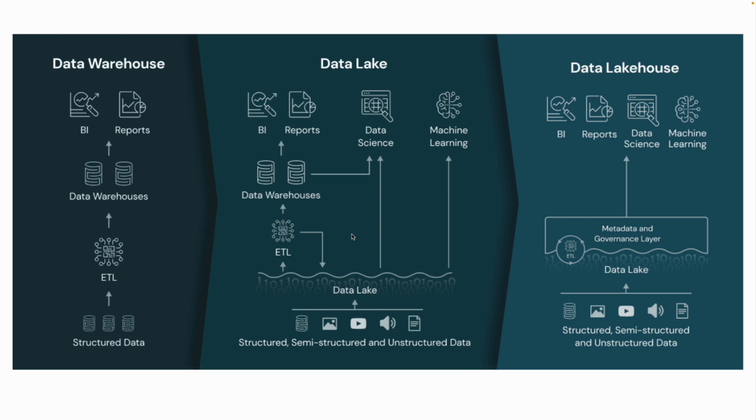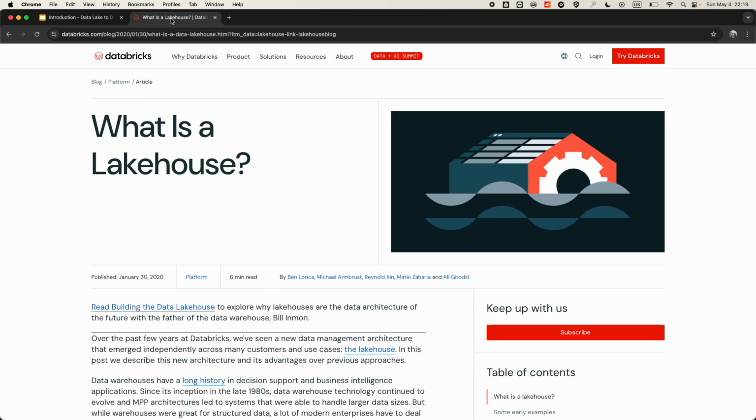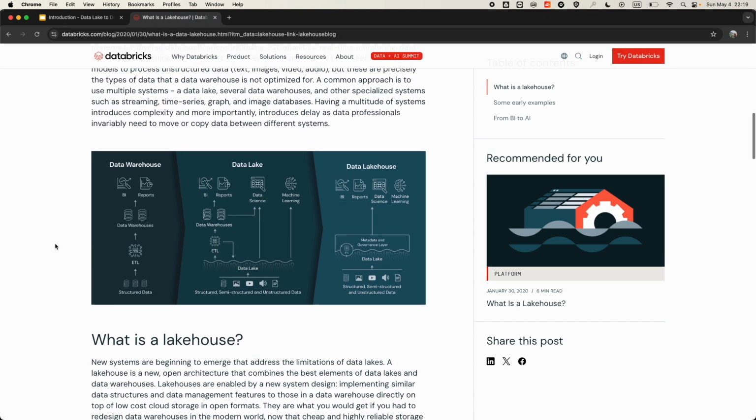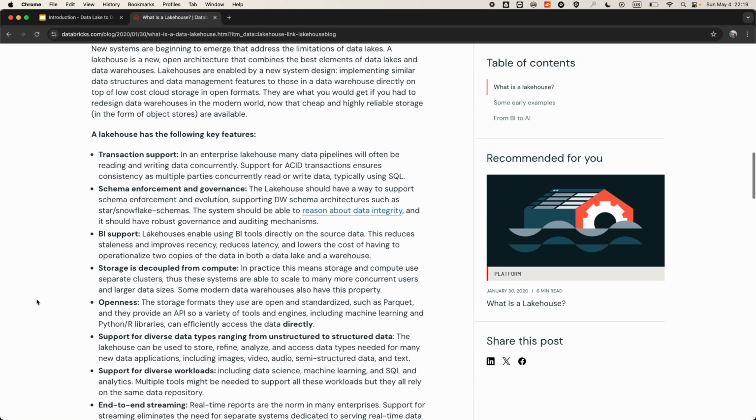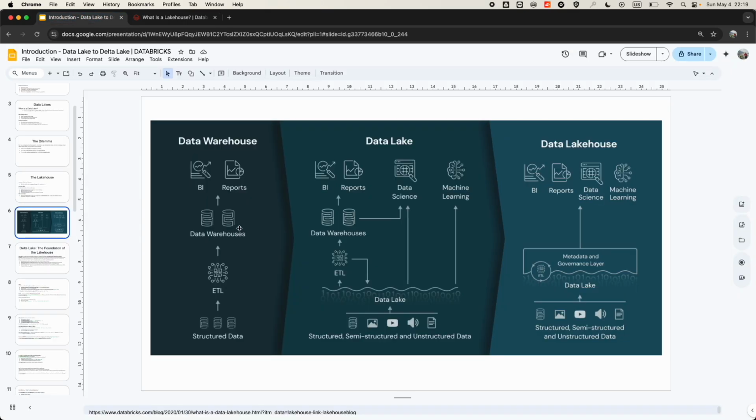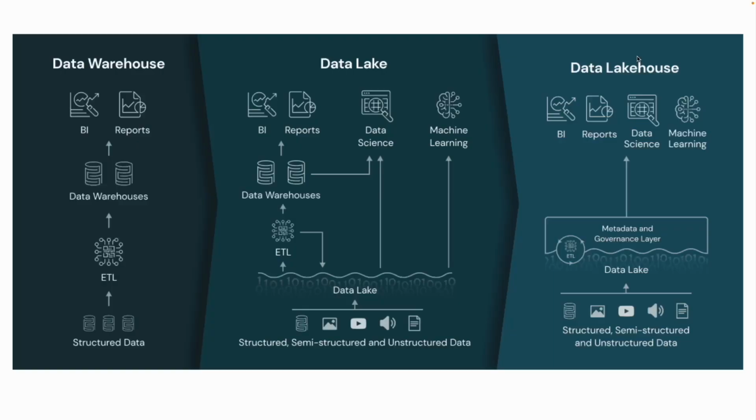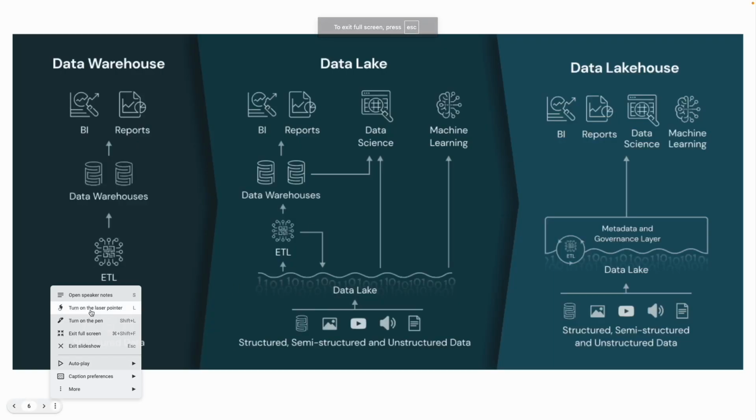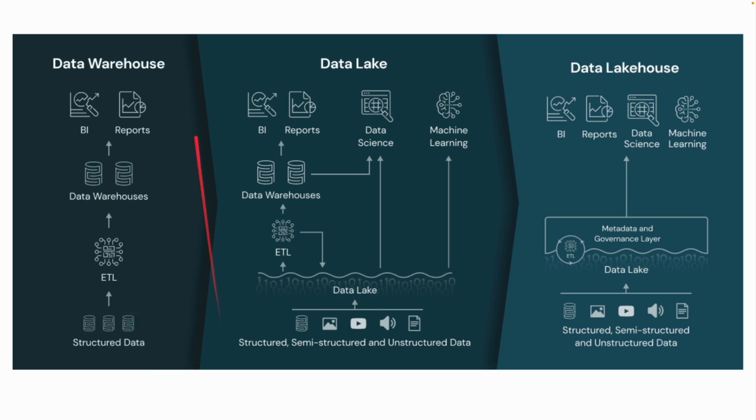Okay, so this image I took from the official website of Databricks. Let me show you once as well. So if we go here, you can go through this article and get more information on this. Okay, now let's get back to our slides here. So on the left we have, let me turn on the laser,